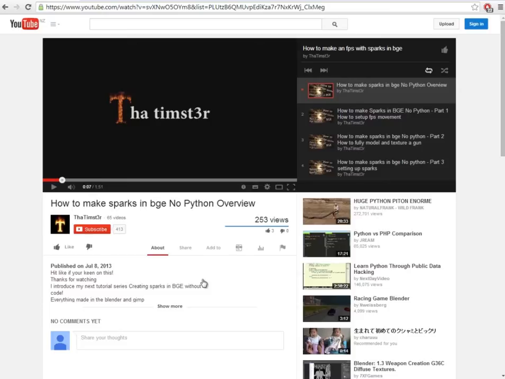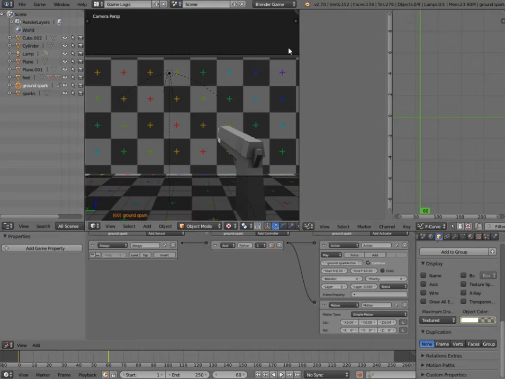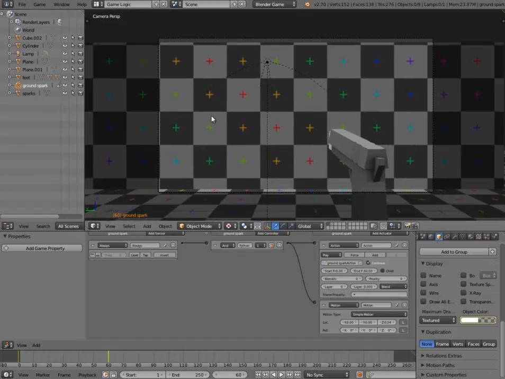On top of that, the technique I was teaching you guys was pretty horrible. So I'm going to be making a remake of this small tutorial series, and hopefully you guys will enjoy it. So if I go into my example scene here, and I make this window a little bigger,